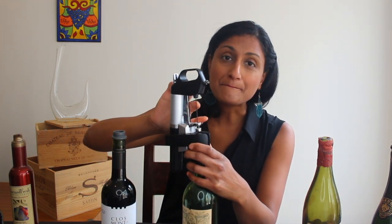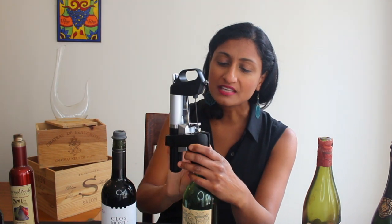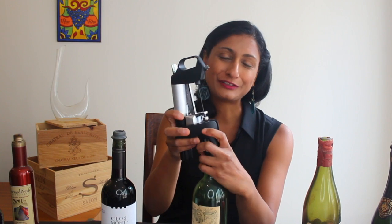So then, what you can do with this Vacu Vin is it actually has a medical grade needle in it. I think some of the ones that are used when they do lumbar punctures or a spinal tap. And this teeny tiny little needle will bore into a cork, and it will make the tiniest little hole in it, and then it'll use some of those gases to pump out some of the wine so that you can pour a taste or a glass or however much of the wine you want. And as the wine gets displaced from the bottle, it's also pumping in some of those inert gases into the bottle of wine, so it blankets it, and the empty space from the wine that you took out is not deteriorating the wine. Now, this is a really cool gadget, because then when you take it off the bottle of wine and remove the needle from the wine,